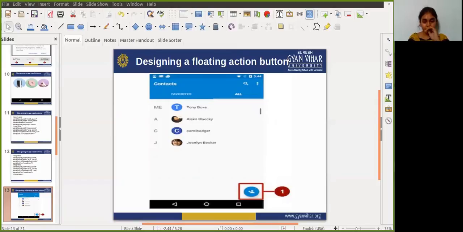So as shown in the figure above, a floating action button is the right choice if your app requires an action to be persistent and readily available on the screen. Only one floating action button is recommended per screen. The floating action button uses the same type of icon that you would use for an action in the app bar.